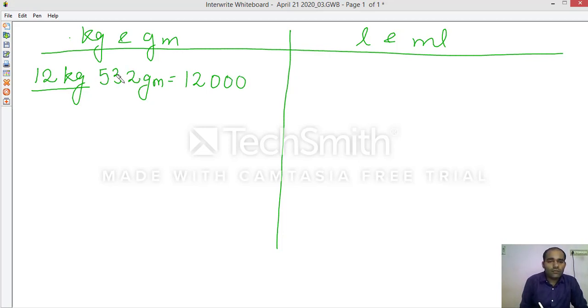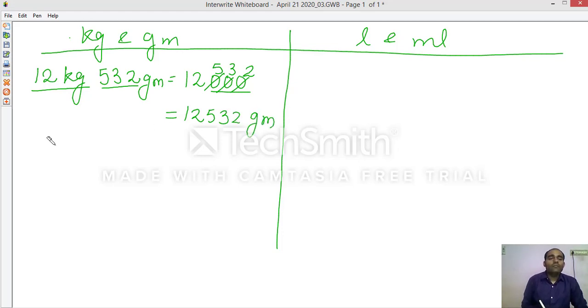But here is also 532 gram. So you need to change all three digits with zeros. 2 will be replaced by this 0, 3 will be replaced by this 0, and 5 will be replaced by this 0. As you have done in the case of meter and centimeter, same. 12532 gram.